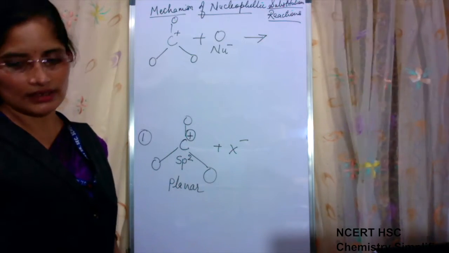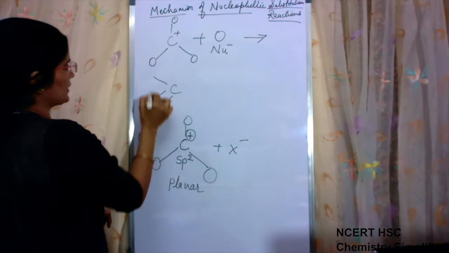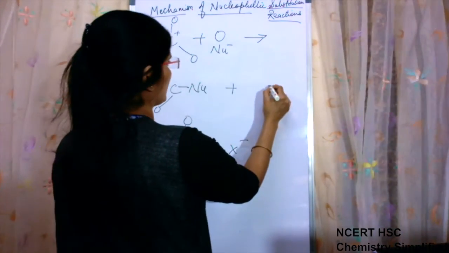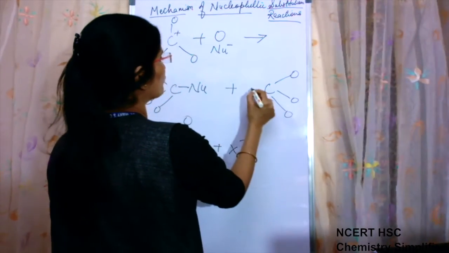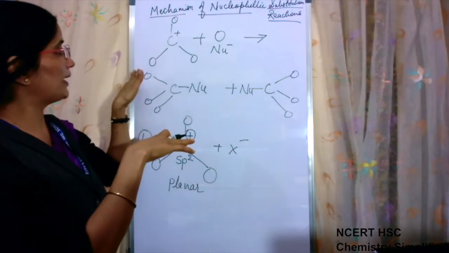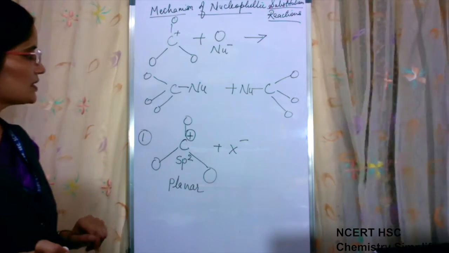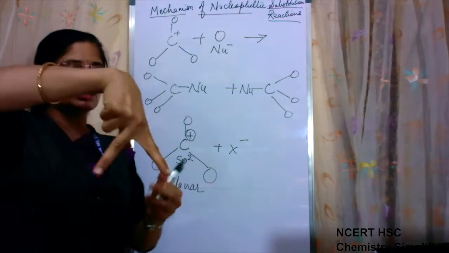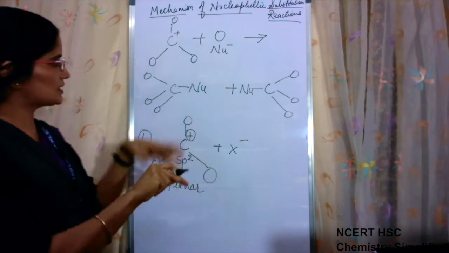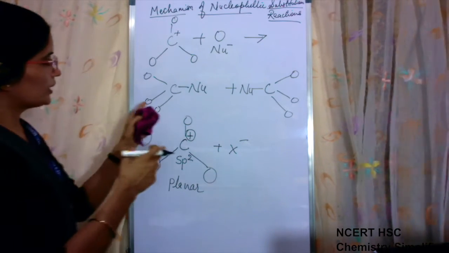Now if two possibilities are there, how will be the product? Let us see. If these three bonds shift on this side, the nucleophile will attack here, or there is a possibility that these bonds shift here when the fourth bond is formed. Till the bond number is 3, they all will be planar, but whenever the fourth bond is formed, the geometry becomes tetrahedral, and then 3 bonds form the 3 feet of a triangle, and the fourth bond is above the plane. The same is happening here. They all have to shift to one side and the fourth bond will be formed in the other direction.